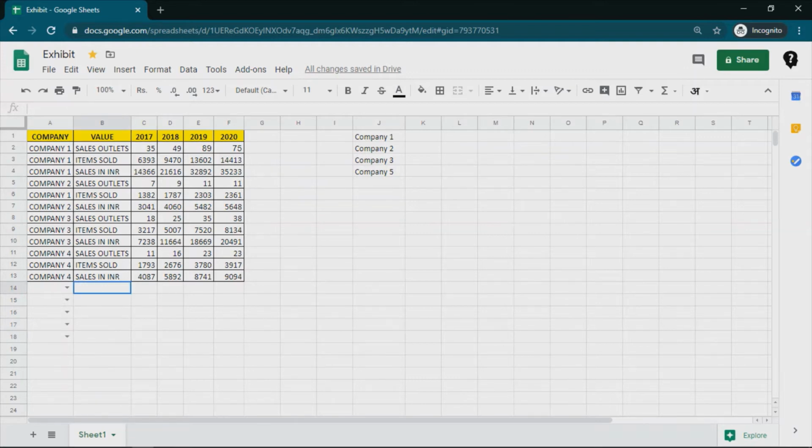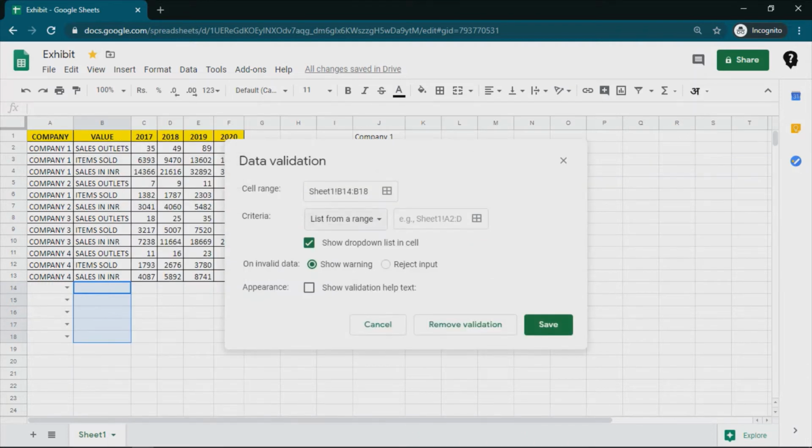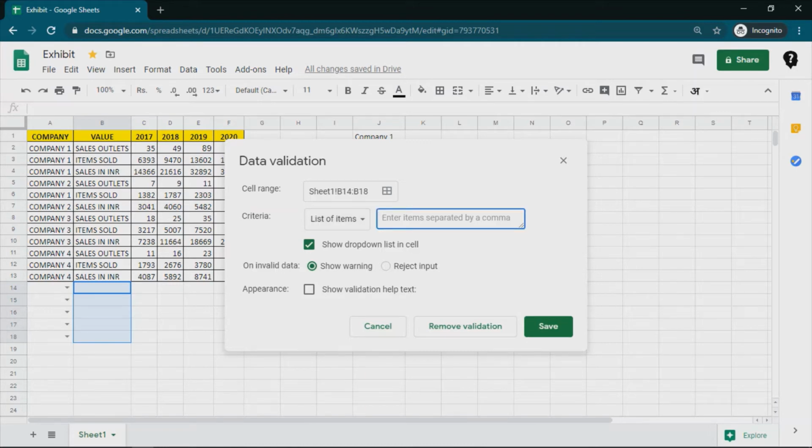So let's go ahead and here apply the other type of validation. So here I'll set the another option, list of items. So here as the help text mentions, enter items separated by a comma, so I can just write, say for example, sales outlets, then comma, items sold, and sales in INR.